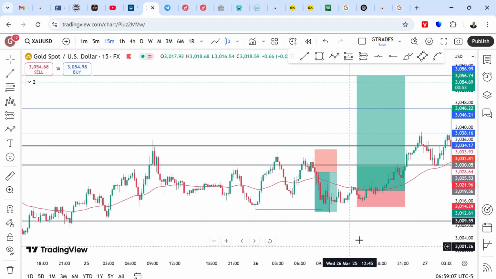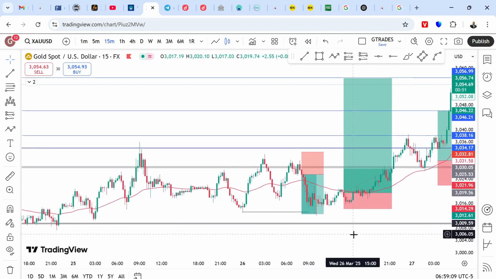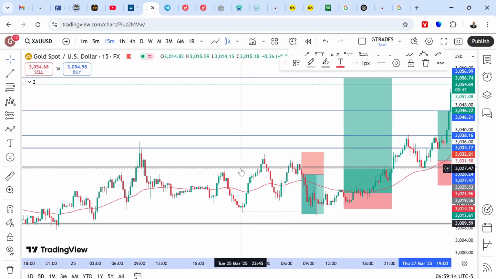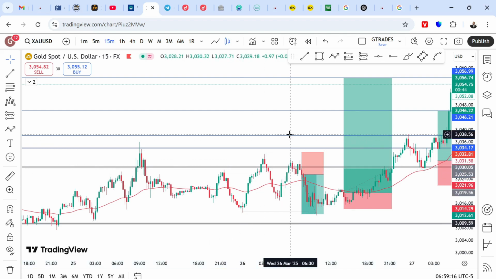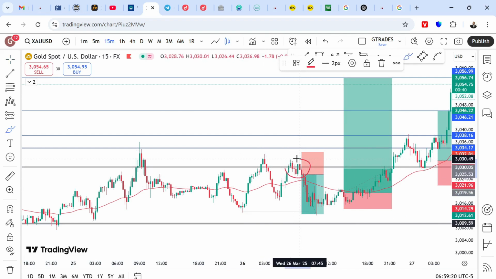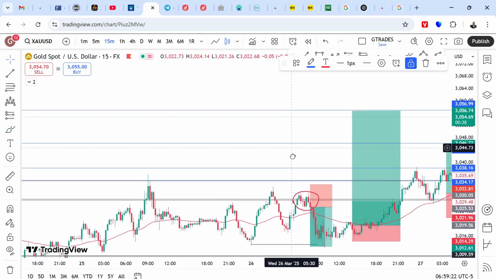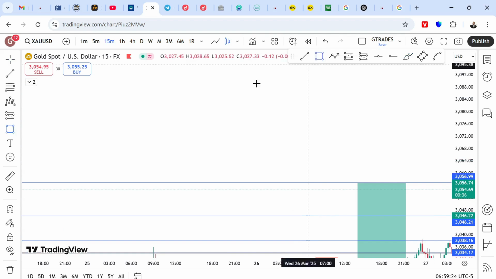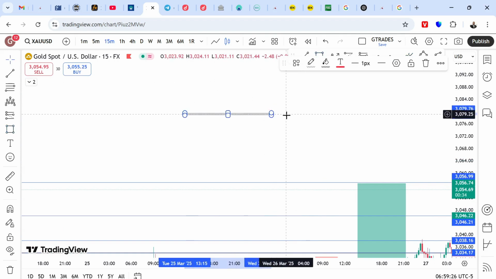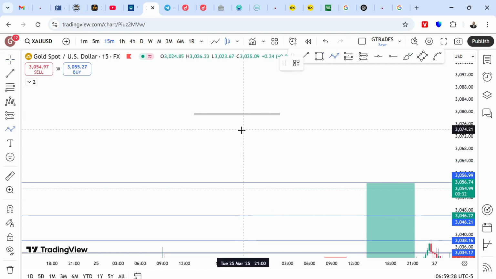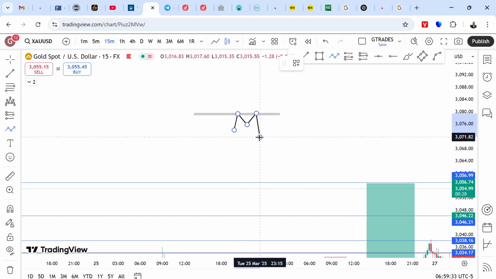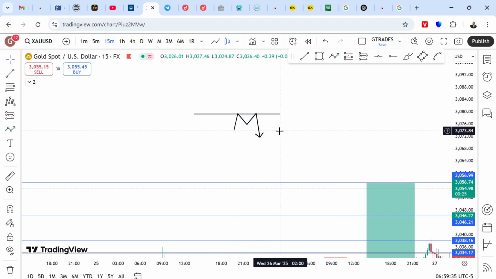Now, let's say you are a pattern trader, like a double top or double bottom. Having spotted your resistance, what you are looking for is what? A double top or an M pattern. Did you see that? The moment you spot it, that is your what? Trigger entry. If you are looking for a sell, your double top is something that looks like this. It's almost similar to an M pattern. Once you spot this, that is a trigger for you.